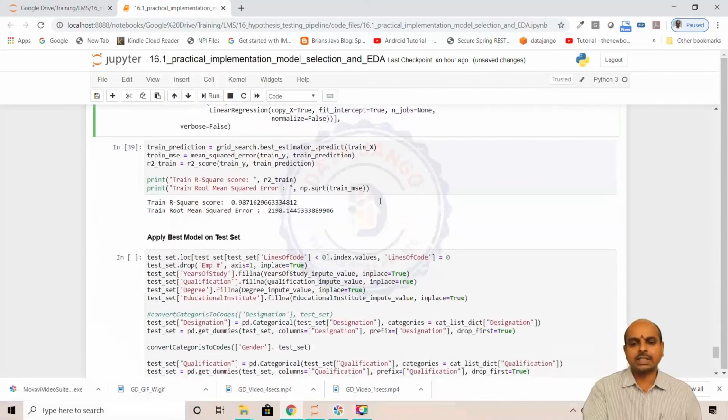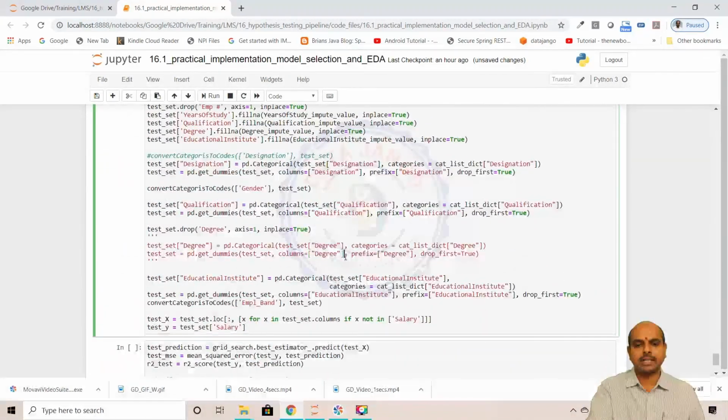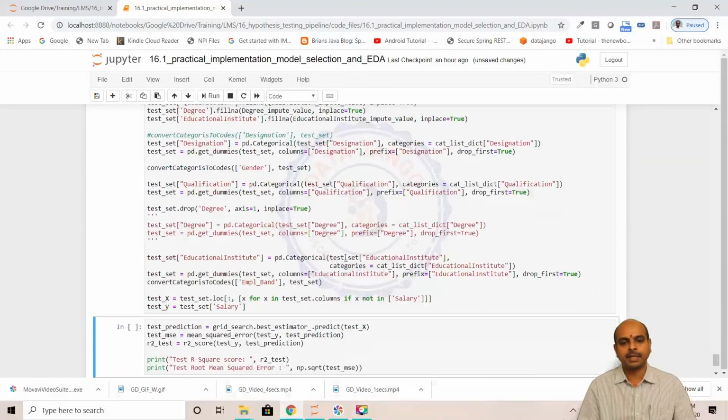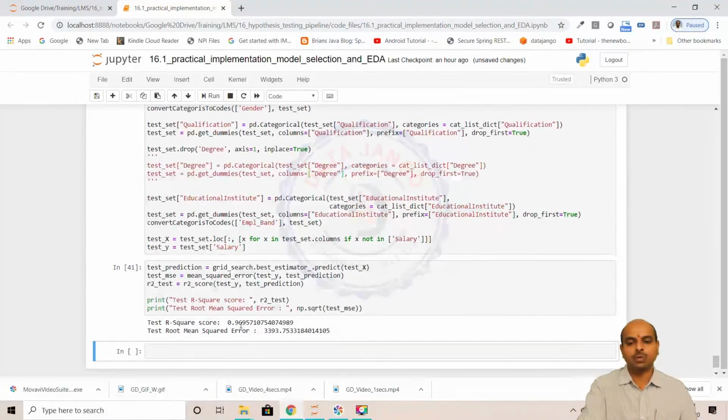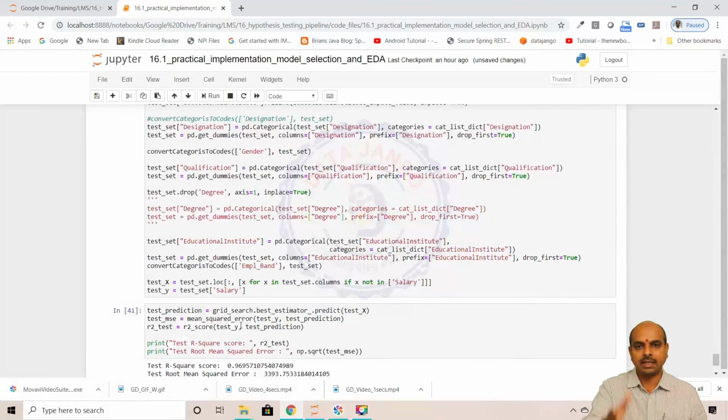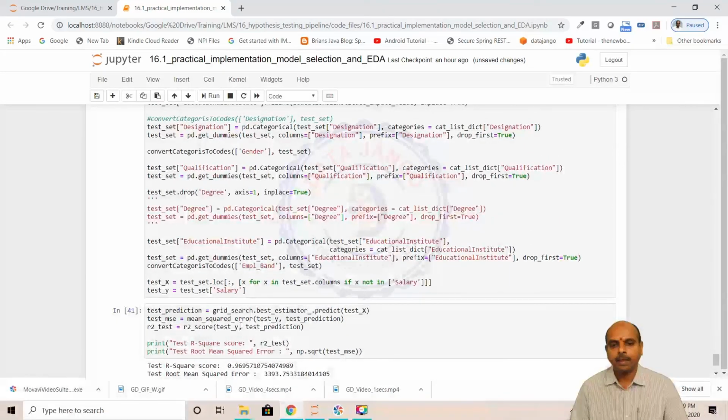So let us try to test this on the test set. We need to apply all the transformations which we have applied on the train set, and then we need to predict it with the best estimator. We have got only 96% accuracy on the test set. It's a bit overfitted model, but maybe you can play with the other